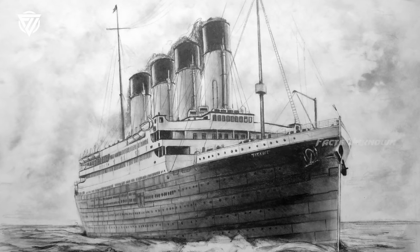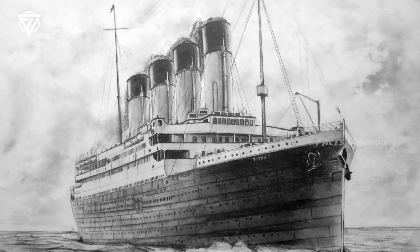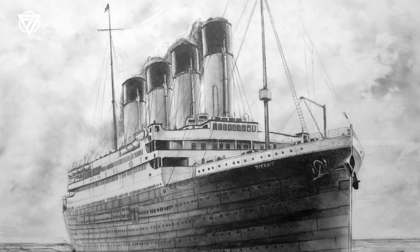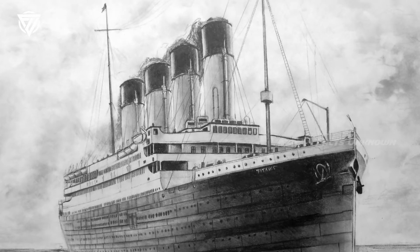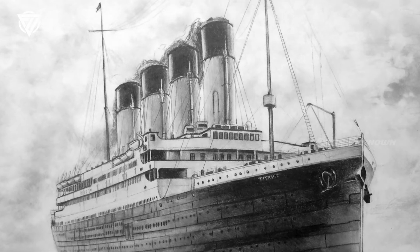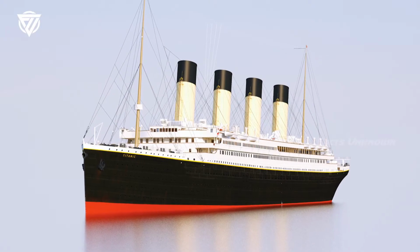When the Titanic entered service in 1912, it was the largest ship afloat. At 882 feet 9 in, 269.1 m long and 141 feet, 53.3 meters high, waterline to the top of the funnels, she must have seemed